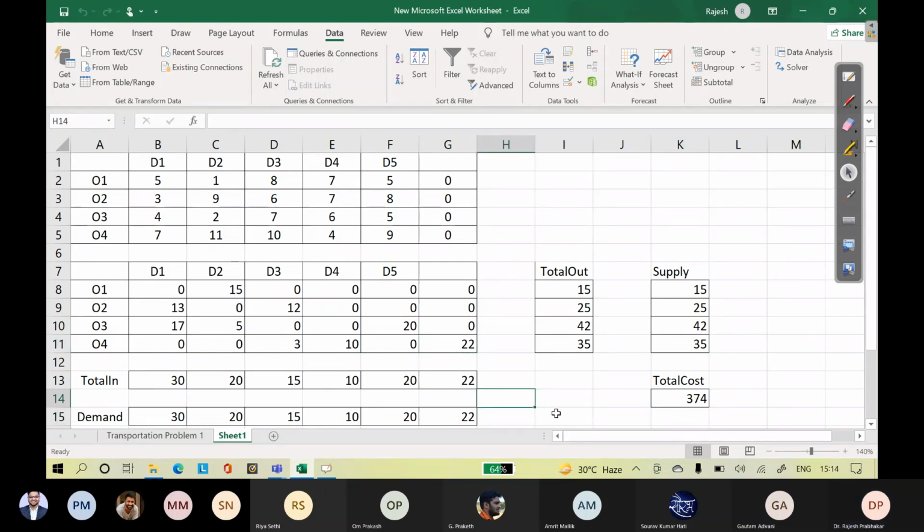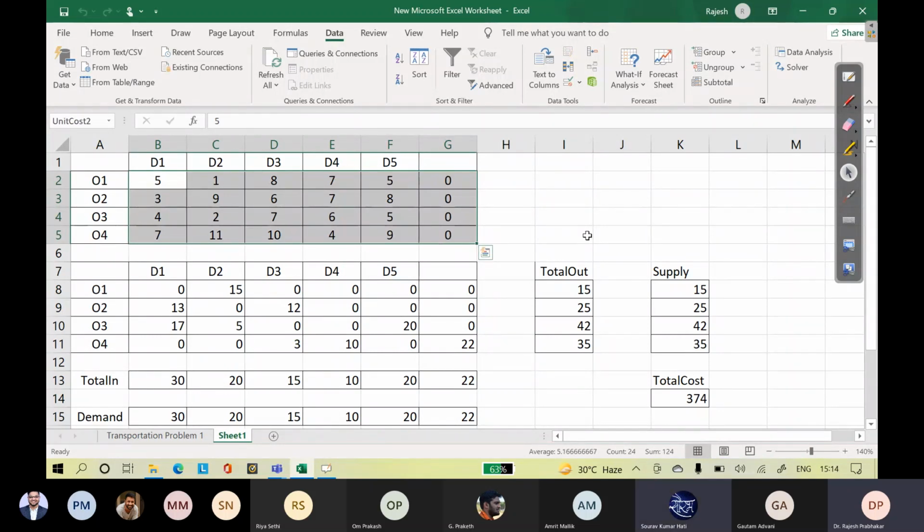374 is the answer. Sir, in the first column, unit cost, that zeros column, how did you get that zero? Just inputted zero, that's all. Sir, I did the same and it's showing an error: in the constraints it says the objective function should have at least one cell. Then your selection range is the problem. But I selected the whole column and named it accordingly. No, there is an error. Somewhere you made a mistake in the selection range.